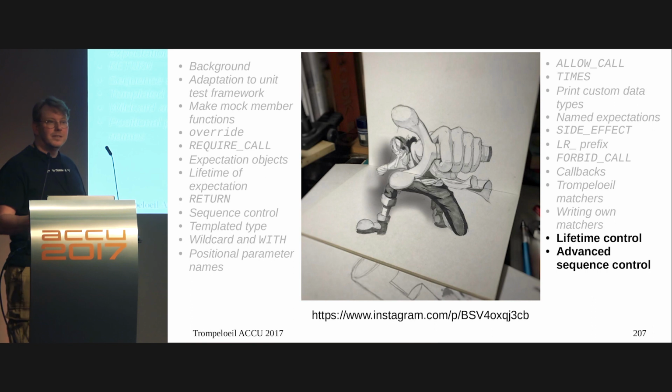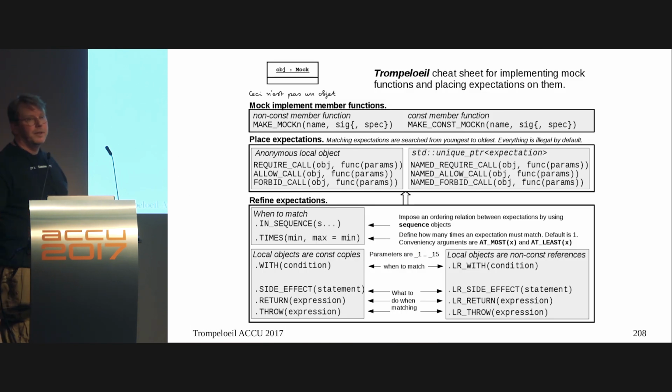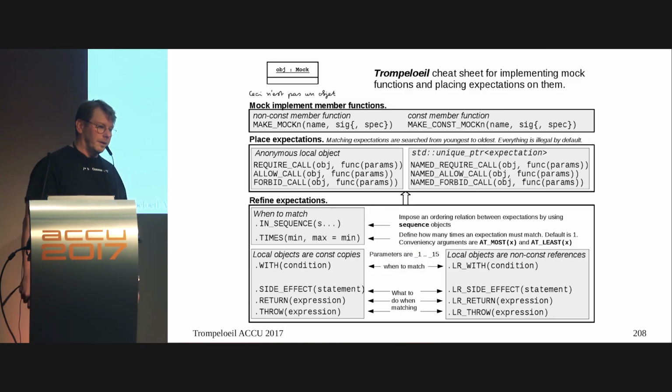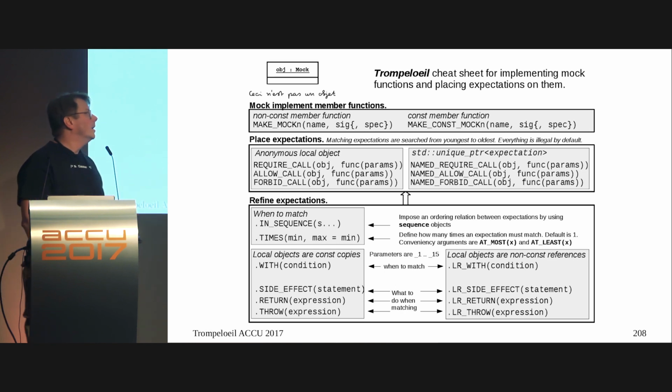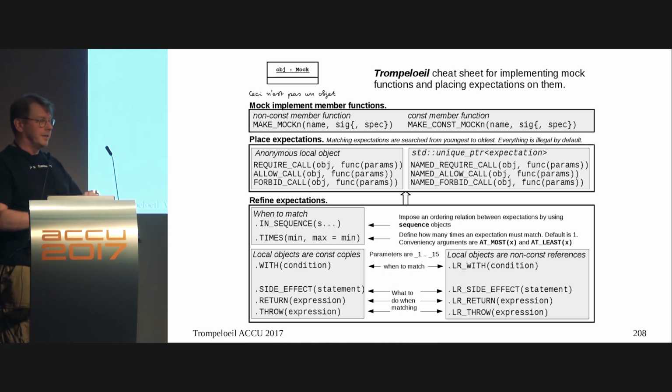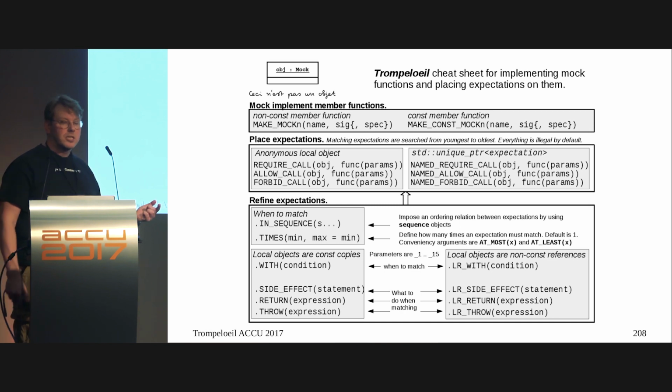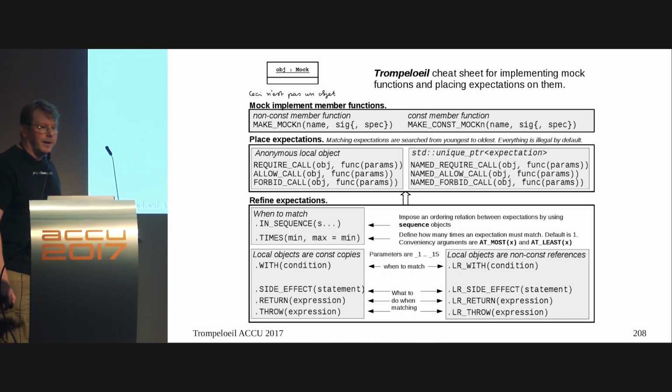Questions on this? All right. I will show you the full API. I don't really expect you to remember everything that I've told you, because it's quite a lot of bits and pieces here and there. But there is a cheat sheet. If you go to the Trompeloeil GitHub page, scroll down to the documentation, you will find a cheat sheet. It's actually cheat sheets, plural, 2. Page 1,